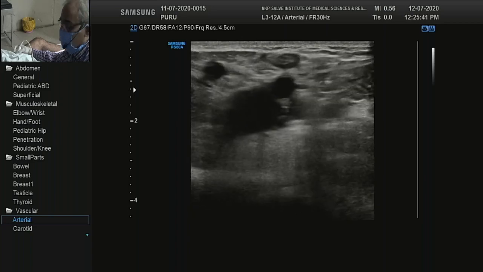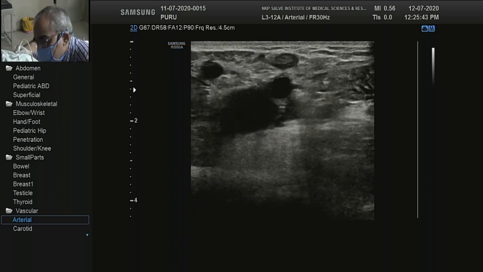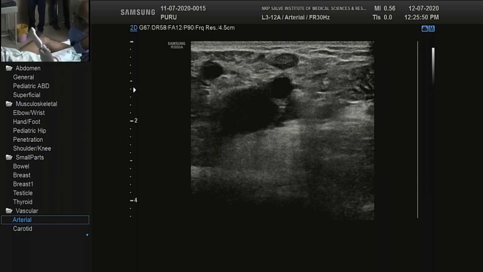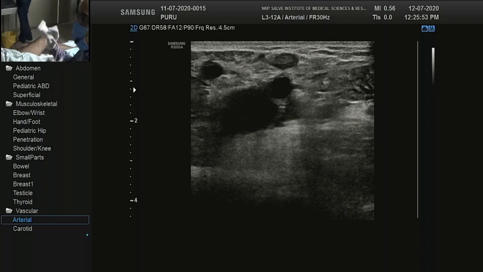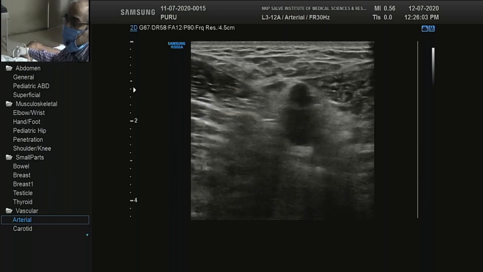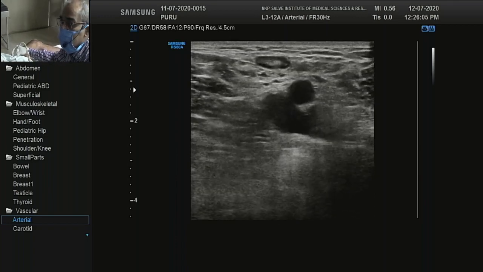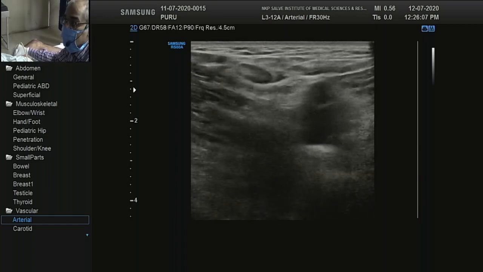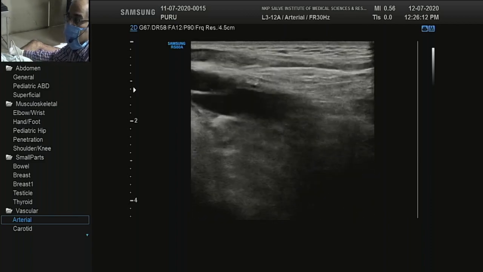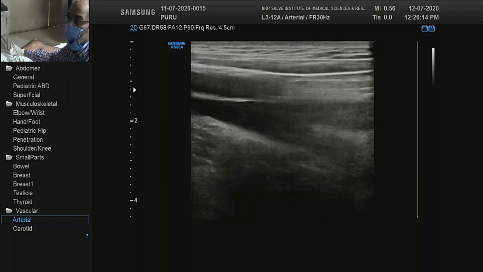So before starting the examination, you should again ask the relevant questions. Try to feel the posterior tibial artery on both sides, whether it is equal or not. Then try to feel the femoral artery and look for the ischemic changes. If you can see any pregangrenous changes, darkening or gangrene or ulcers, then you can make sure that patient has got some pathology and it needs a detailed evaluation.